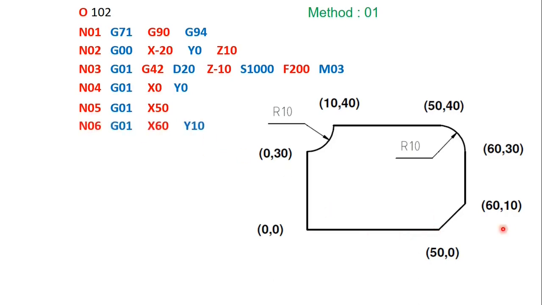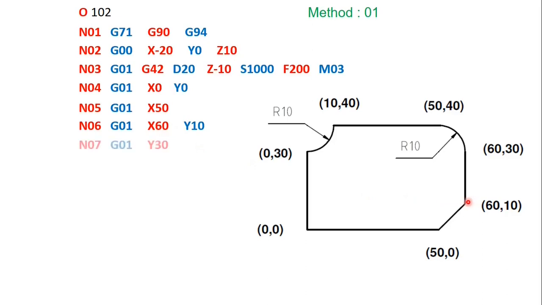Next, I have to take a taper one. So like this I have to move, but in a straight line only. That's why again linear interpolation, x60, next coordinates. So this is my starting point, and the endpoint again we have to define. So linear interpolation plus the coordinates of the endpoint. So that is done. It has reached here.